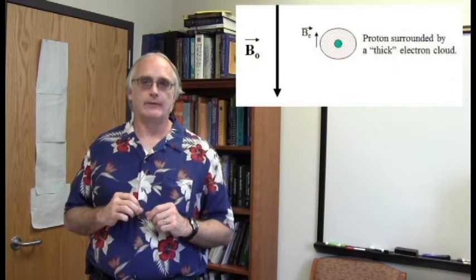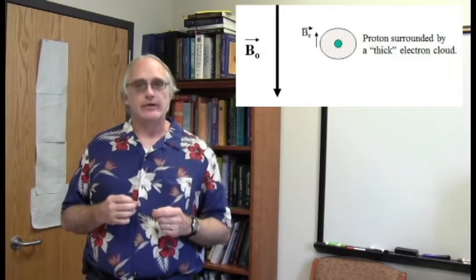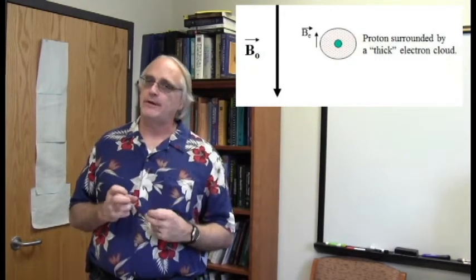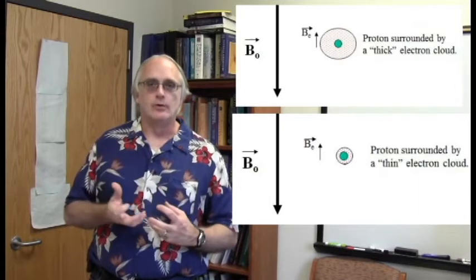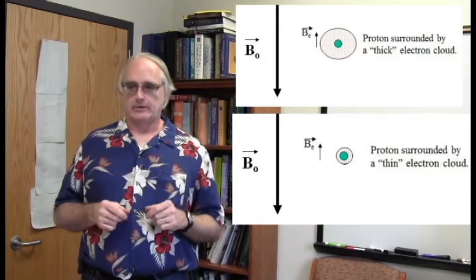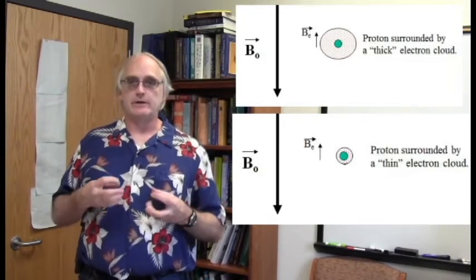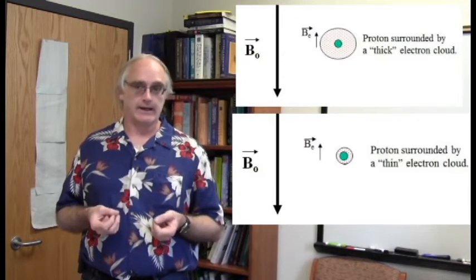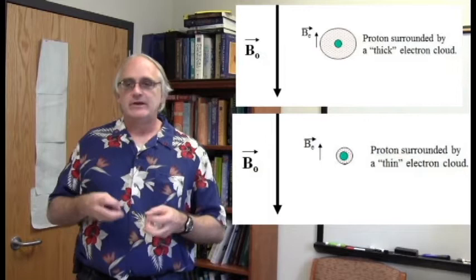Some nuclei have thick electron clouds around them because they may be distant from any electronegative atoms. Some nuclei may have relatively thin electron clouds around them, with some of the electron density pulled away by electronegative atoms. Since the electron cloud decreases by a tiny bit the strength of B0, the big honkin' external magnetic field, we often will say the electron clouds shield the